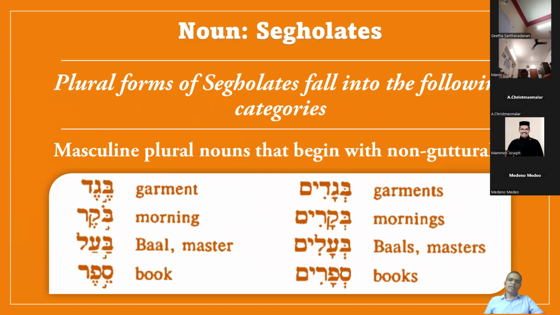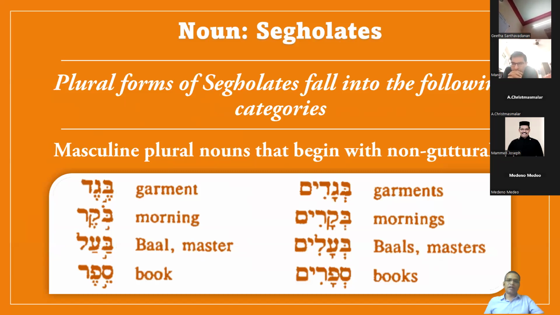Beged, begadim, here with a hireq-yod and final mem, and because of that there are vowel changes. The initial consonant carries a simple vocal Shewa, and the second syllable carries a qamets. Then the third syllable carries hireq-yod and final mem. So Beged becomes Bekadim, Boker becomes Bekarim, Ba'al becomes Be'alim,